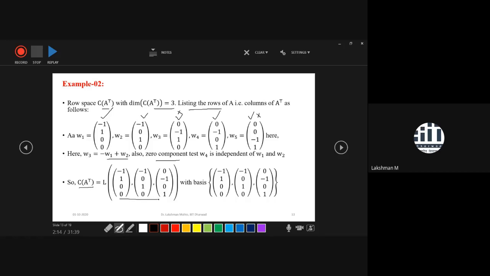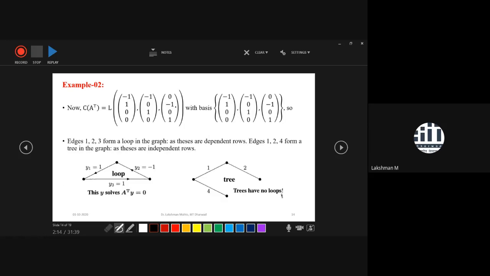Again, you can observe that your row space is a three-dimensional subspace in 4D. Why? Because your domain is a four-dimensional space. So in 4D, you are getting a three-dimensional row space of A, with these as the bases. The dimension of the row space is 3. So now we will calculate the last part of the fundamental subspaces of this problem.